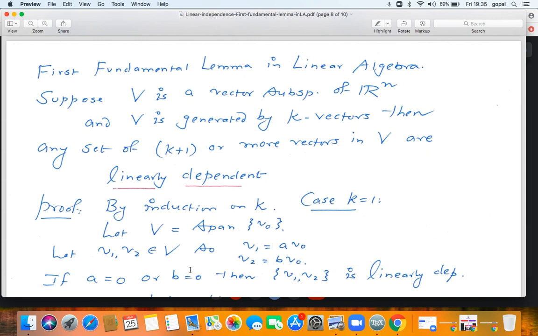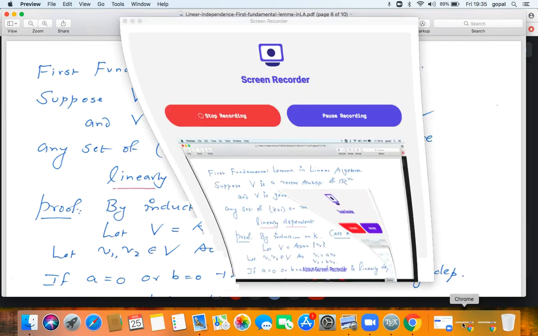The proof will be by induction on k, and we will take it up in the next capsule of half an hour, and this completes lecture 4A. We'll continue